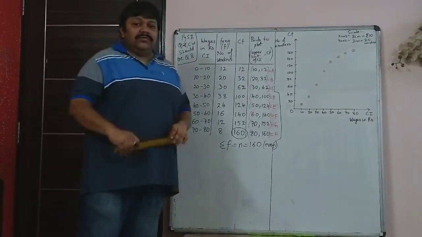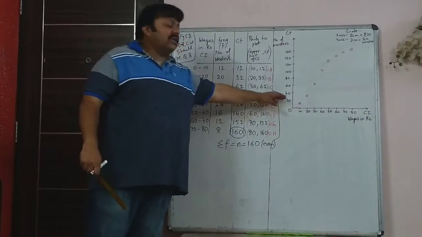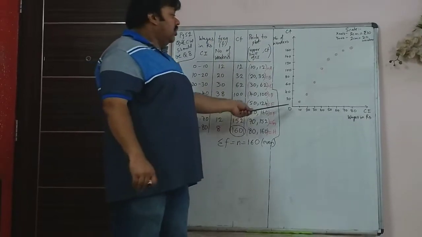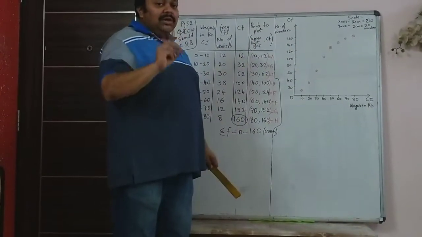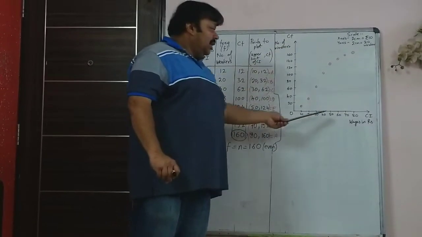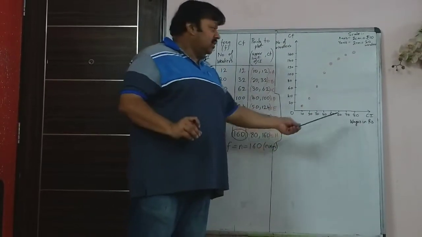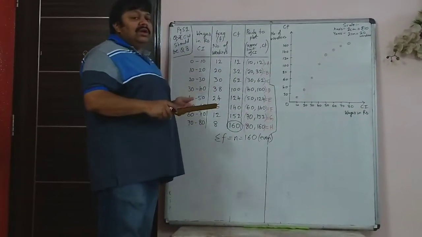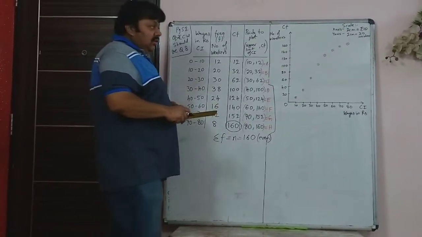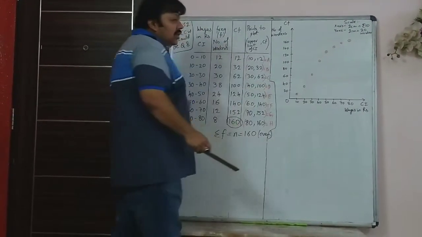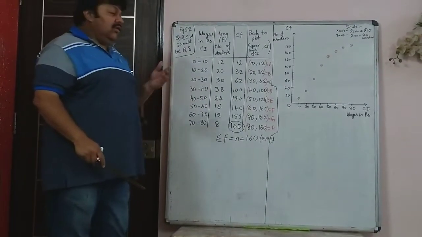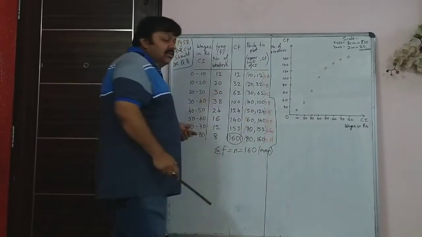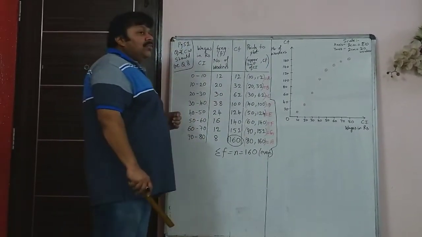It is 160. So if you take 2 centimeter as 10, it will not fit, because you should know that there are 10 2-centimeter lines on the y-axis, and at the most there will be 10 class intervals of 10 each on the x-axis. So you should have a sense of how many lines there are at maximum in your graph. So 2 centimeter, you have to take as 20. If you take 2 centimeter as 10, it will not fit beyond 100. So that is why take an appropriate scale.